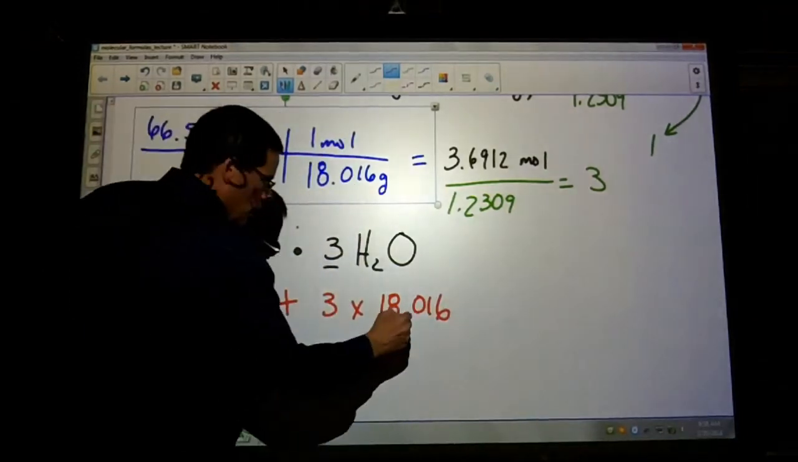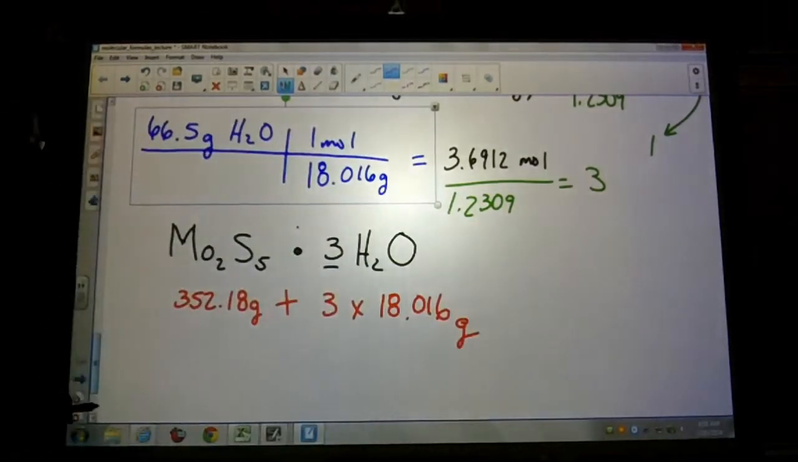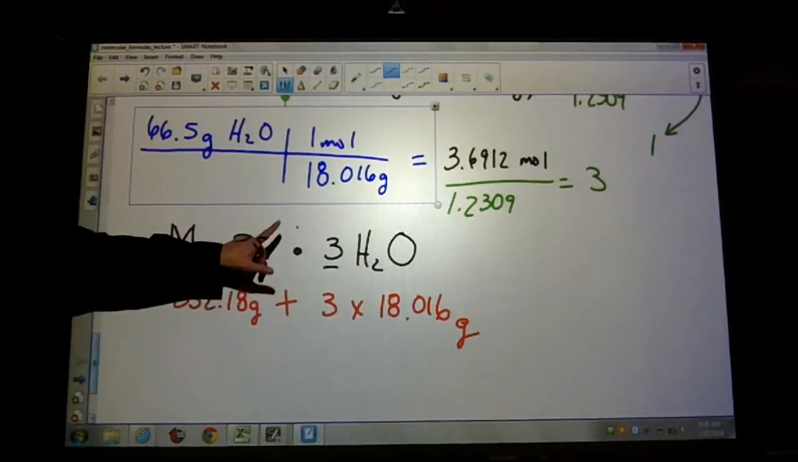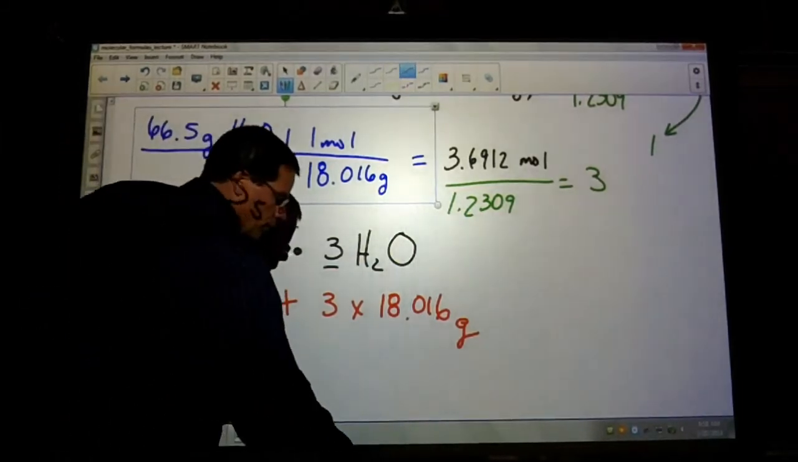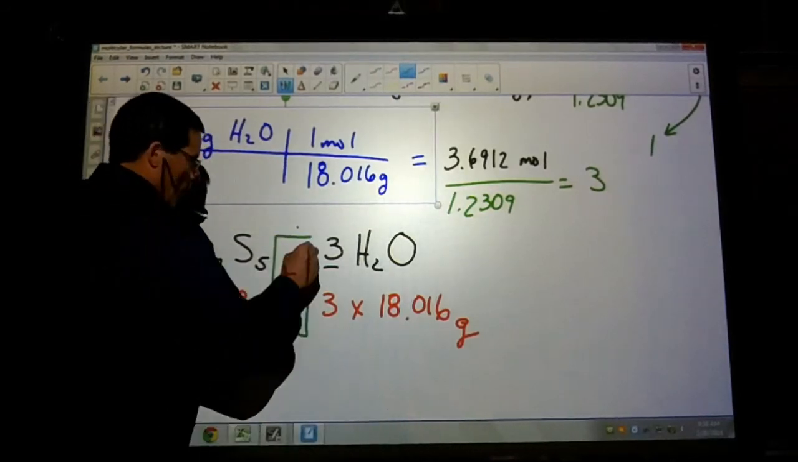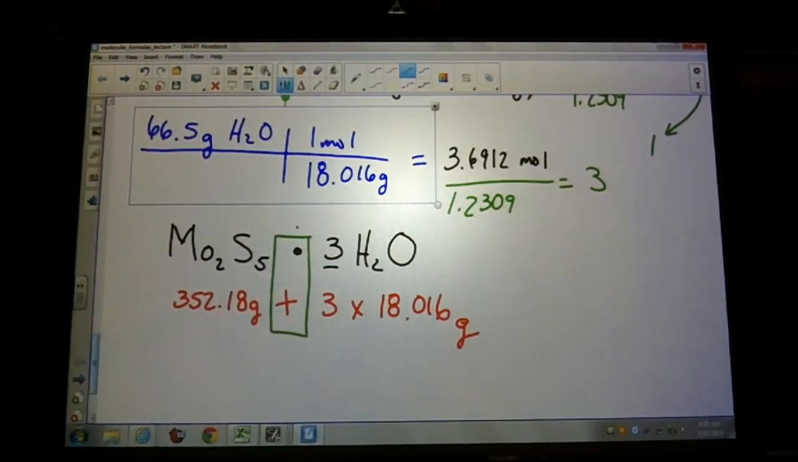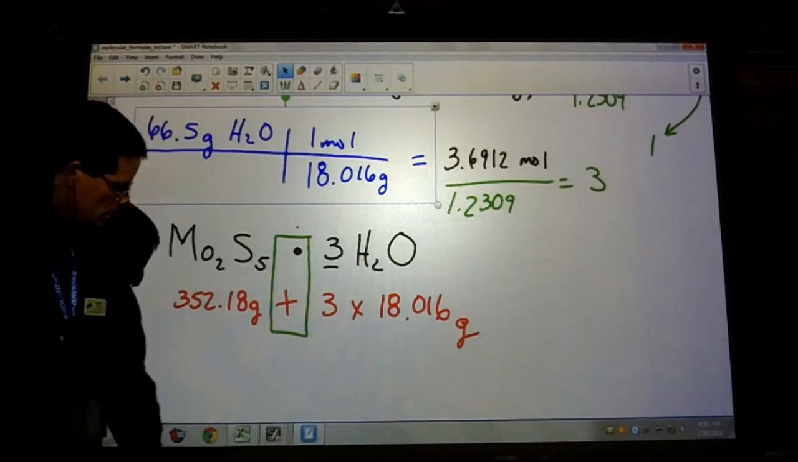Okay? I'm just saying, because you'll see it on the test. I'll ask you for the molar mass for this. But the thing is, I'm saying that this dot is not a multiplication sign. It is a plus sign. Okay, so you've got your water and you add it to your molecule. Okay? All right,